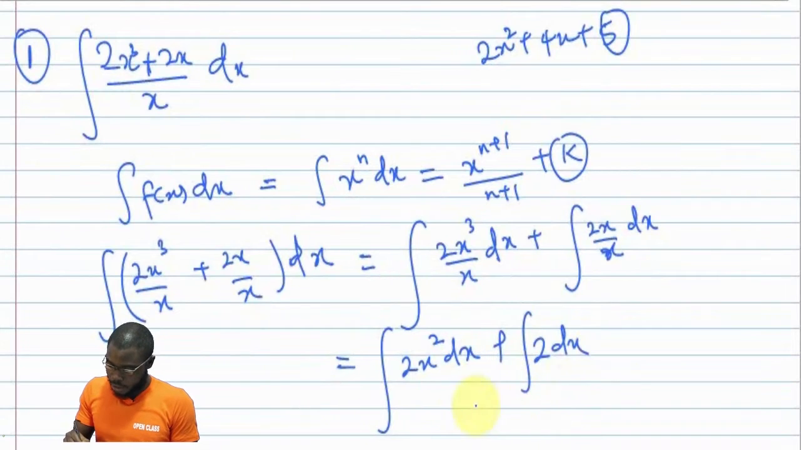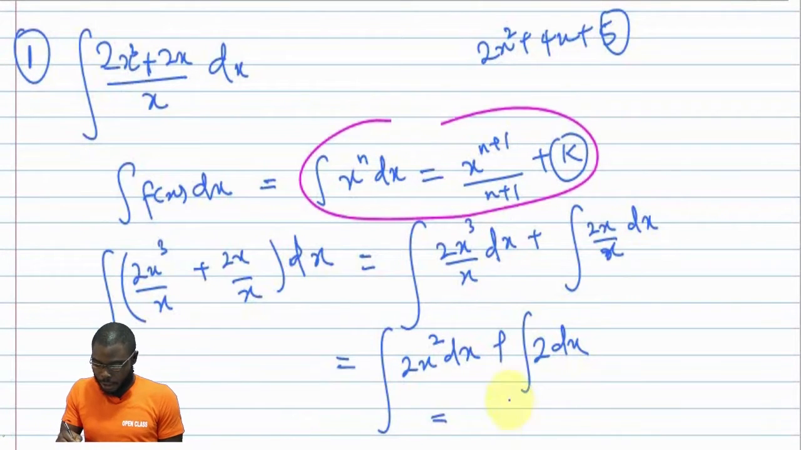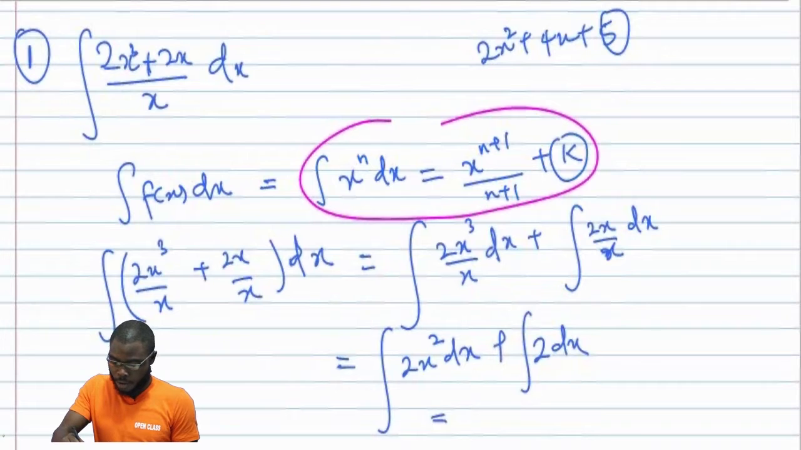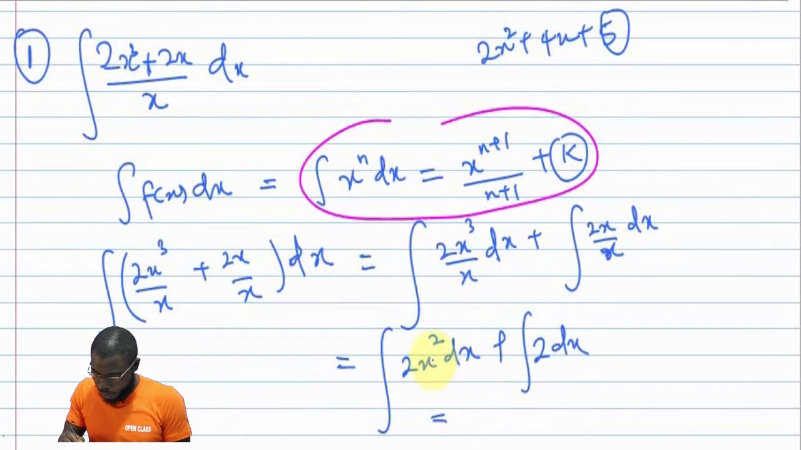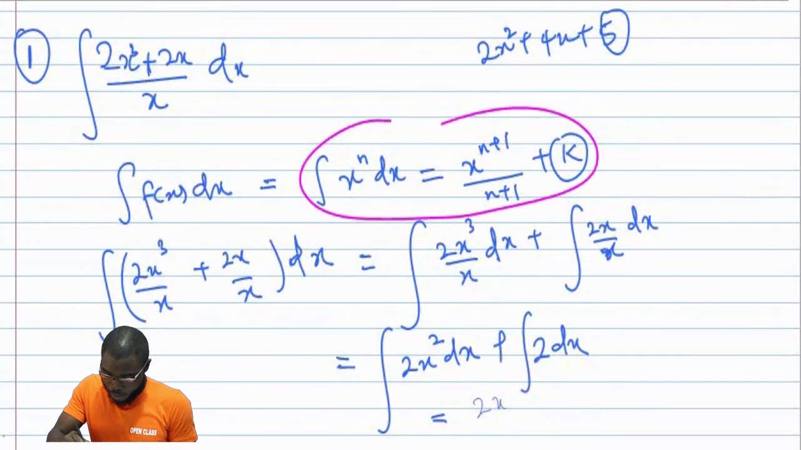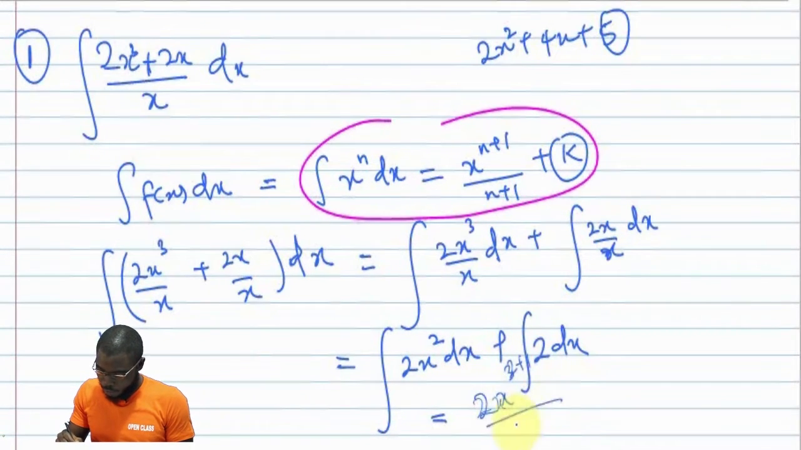Okay, now this is equal to, if you apply this formula up here, then you have your solution to be equal to 2x to the power of 3, that's 2 plus 1, all over 2 plus 1, then plus k, that's the constant there, plus the coefficient of 2 here,